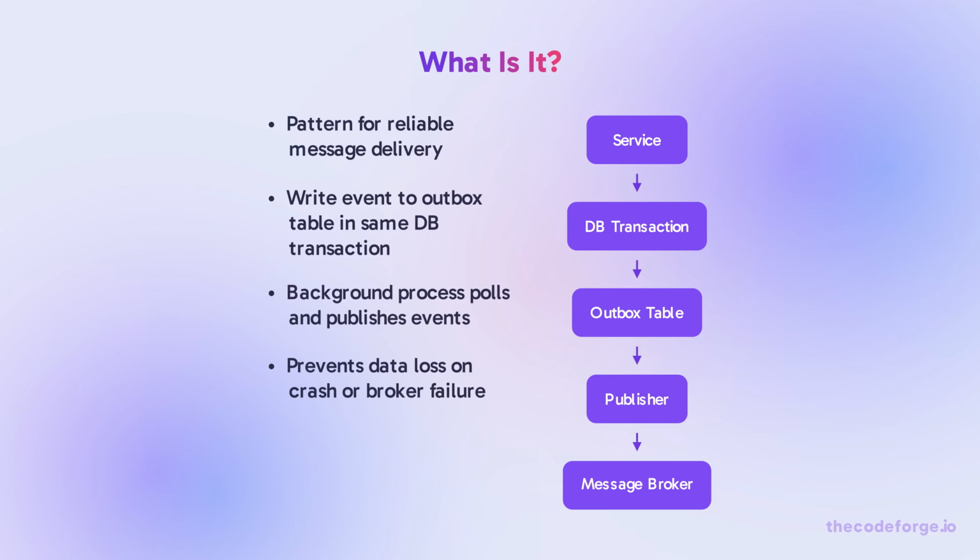The Transactional Outbox pattern ensures reliable message delivery by writing events to a database table within the same transaction as the business operation. Then a separate process publishes them to the message broker. This prevents data loss when the broker is unavailable or the service crashes after the DB commit, but before the